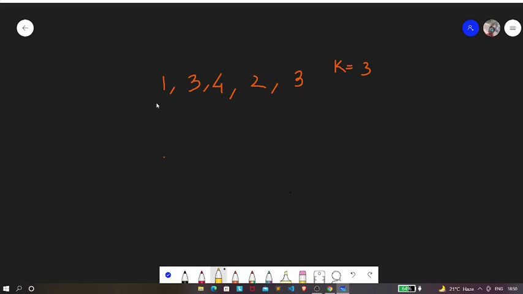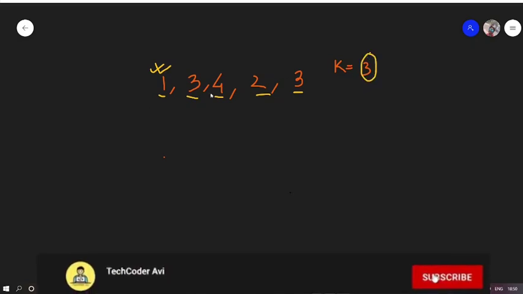Once you have watched that video, then come back and see this algorithm, because it is based on priority queue. So over here we have the elements 1, 3, 4, 2 and 3, and we have to find the third largest element in this array.